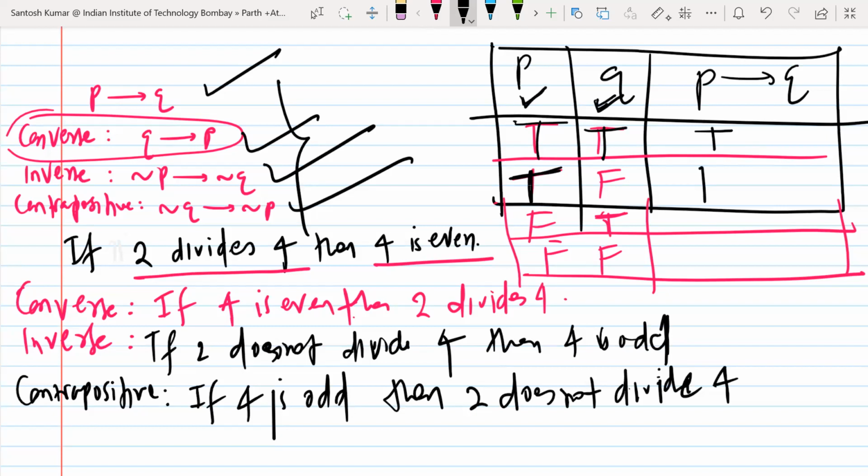If question is correct, your answer is incorrect, then you will not get marks, right? Yeah. If question is incorrect or your answer is correct, you will get marks. If question is incorrect and your answer is incorrect, still you will get marks, because question is incorrect, so all of you will be given marks. So you can remember like this, right? Otherwise if you remember directly, then that's fine. So true implies true is true, true implies false is false, false implies true is true, and false implies false is also true.